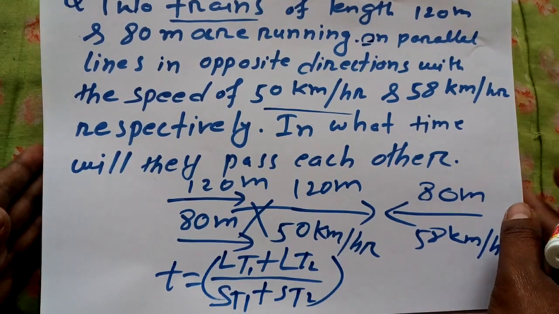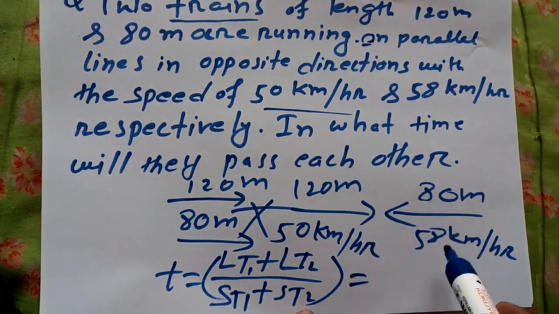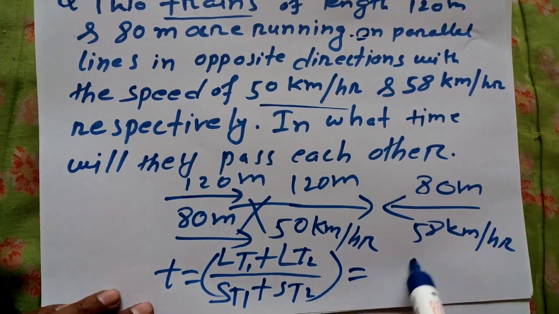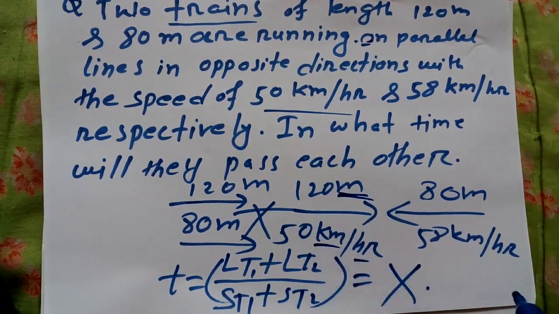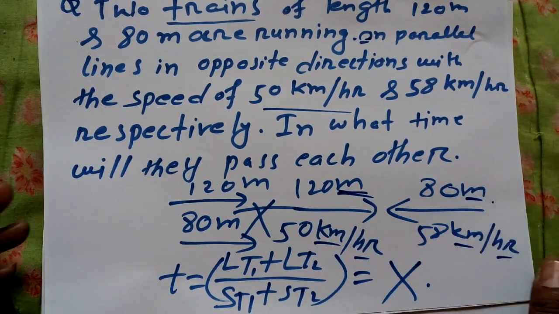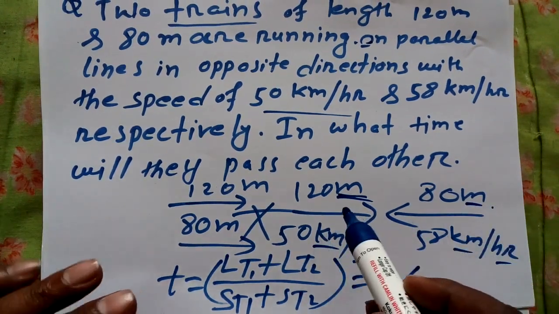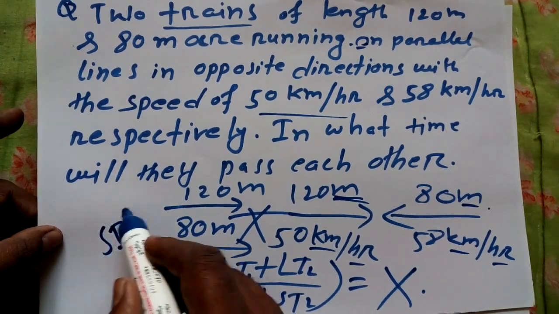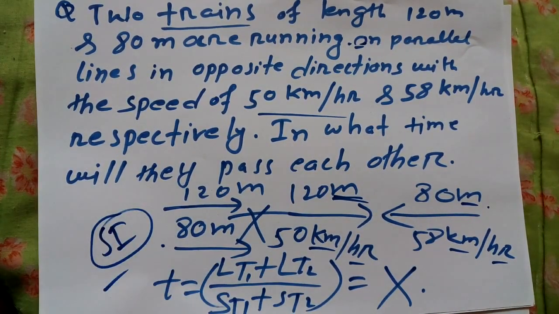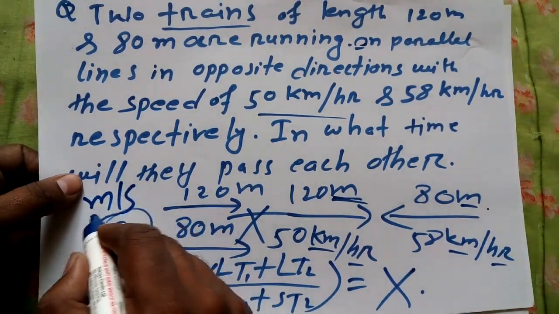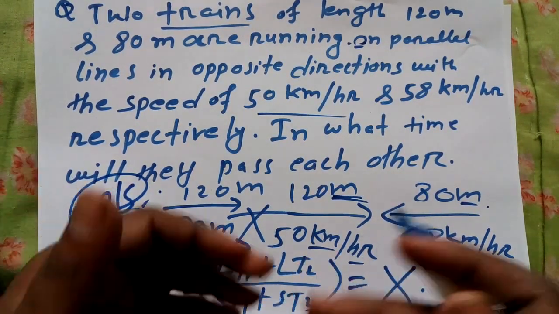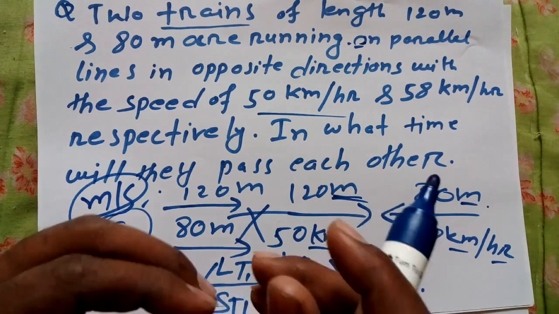Now what we generally do is just add this and solve, but this is not the right approach, it is a wrong approach. First we need to take care of the units, because the length is given in meter, while the speed is in kilometer per hour. So we have to convert the units into SI units. Yes, we need to convert kilometer per hour to meter per second to make it SI, so that we can solve this question the right way.